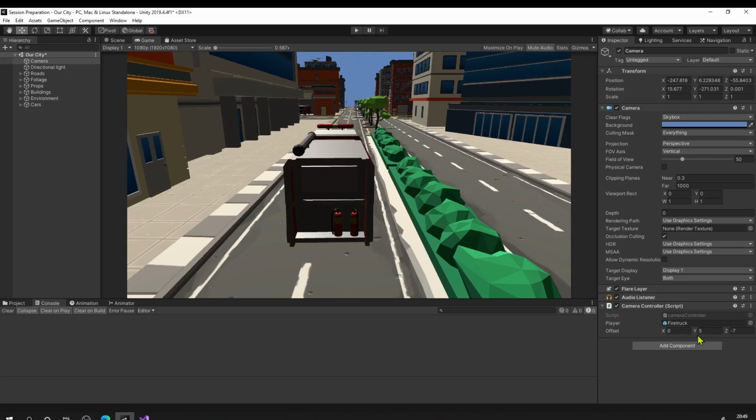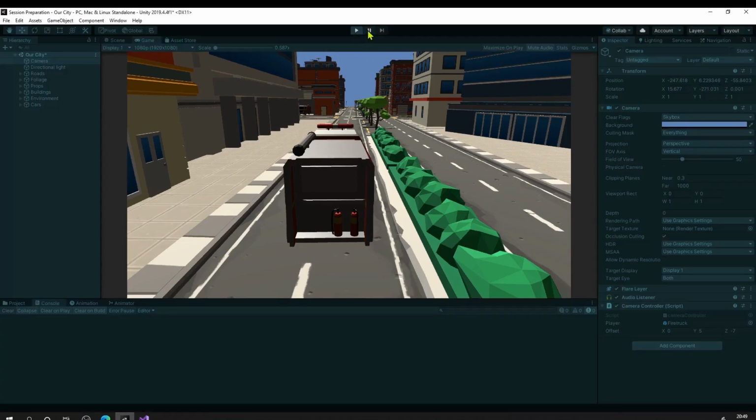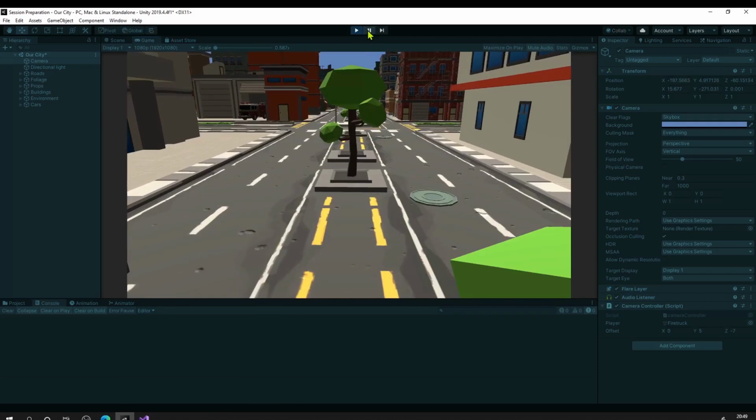So you can see now the offset is visible and we can adjust it in runtime. Click on play mode, pause it. Now adjust the Y value. So nothing is happening as such. But why? Because the game is paused. You see? So we need to